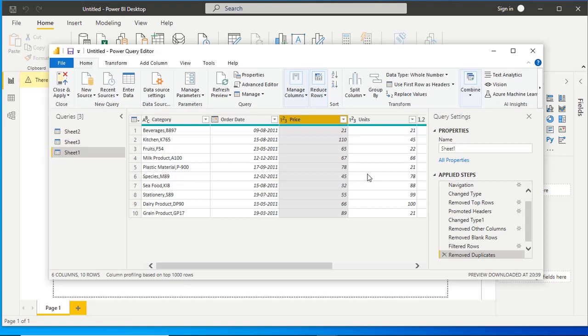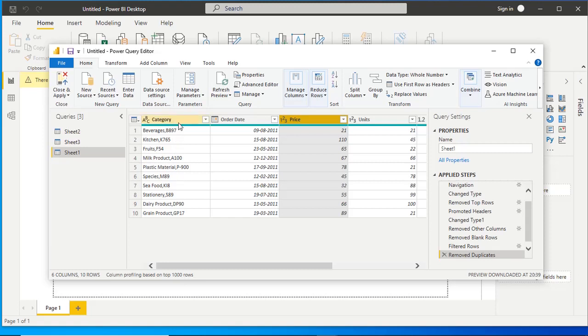Now back to the category. In category we have the category name and category code. The category code has been separated by a comma. So we want to divide this into two columns, and in the second column we want to put the category code.